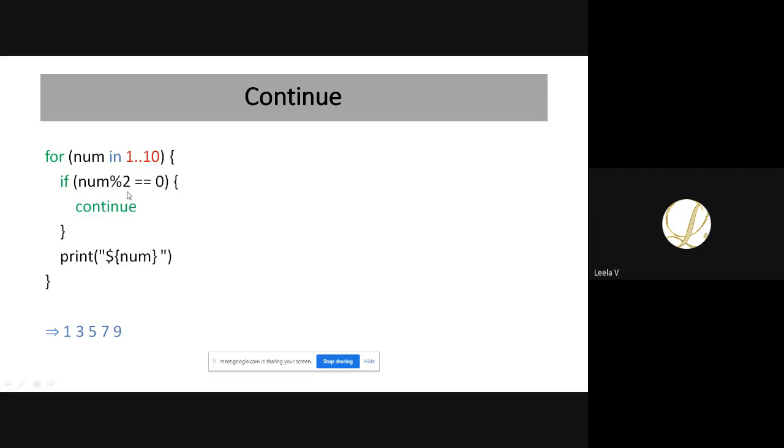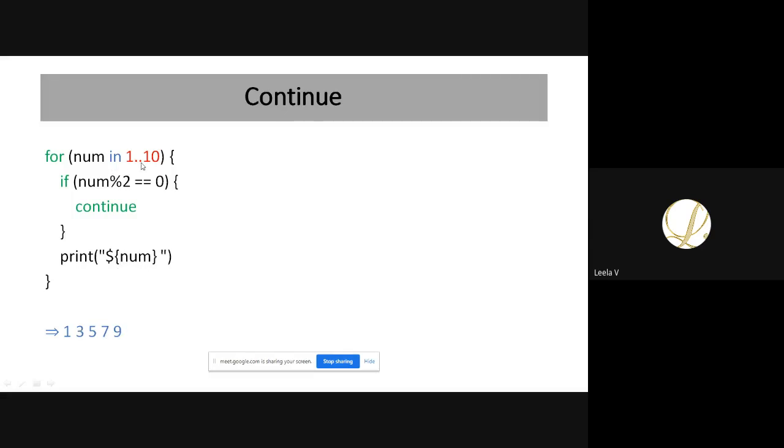If my number is divisible by 2, then I'm going to continue, otherwise I have to print the number. So first, when we have 1, which is not divisible by 2, it prints the value here. And here we can use curly braces for printing, or without curly braces also you can print the value.